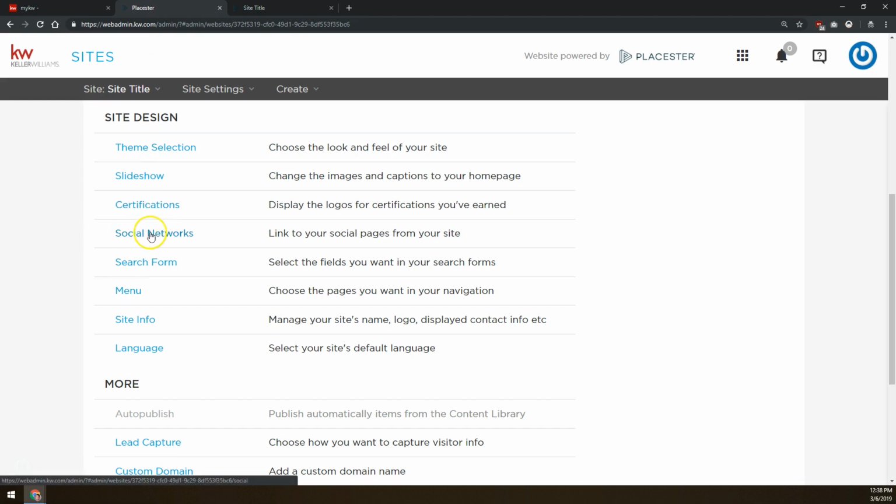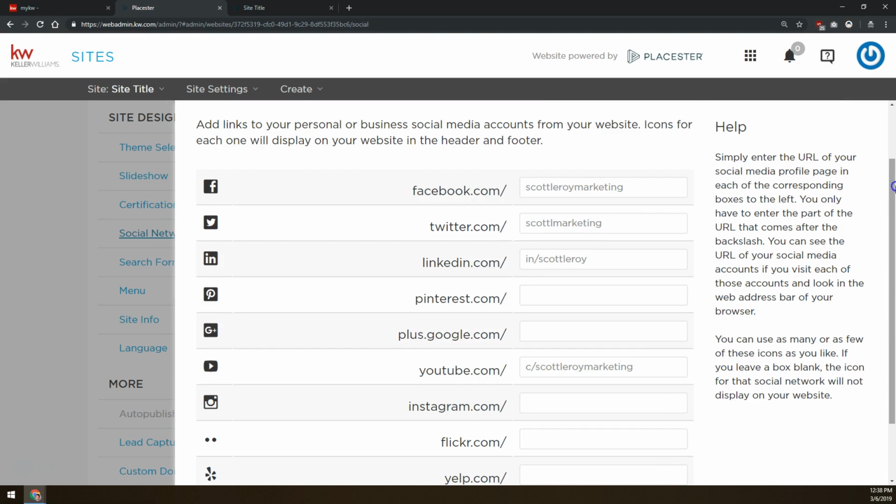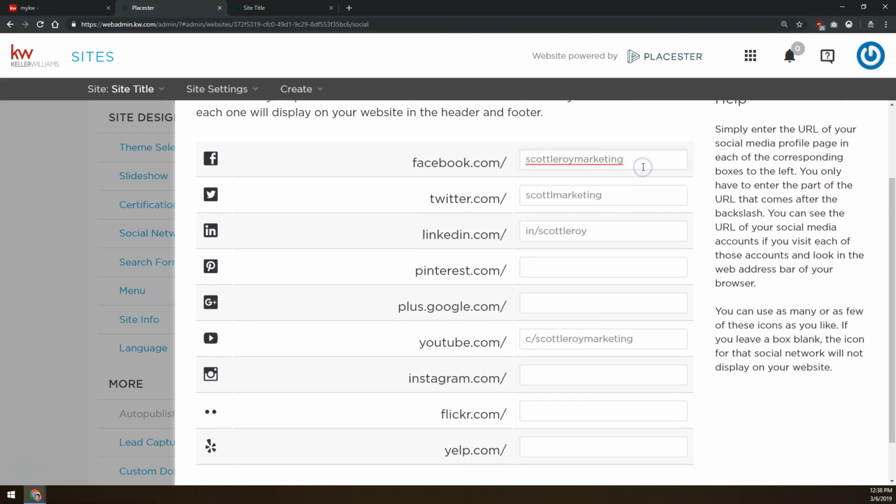Okay. Social networks here, this is going to be links to your different social media profiles. You'll notice in these boxes here, I do not have http://facebook.com/. I only have the part after the slash. That's because the facebook.com/ is automatically added by the site. So when you're getting your social media links and putting them into these boxes, you only want the part after